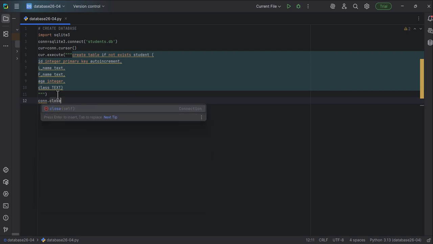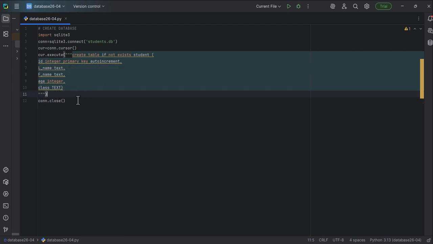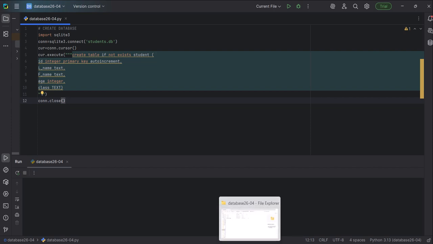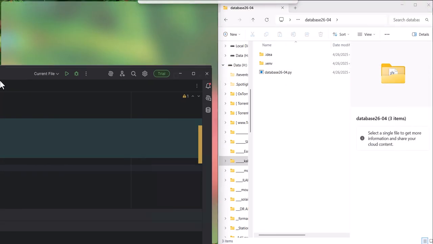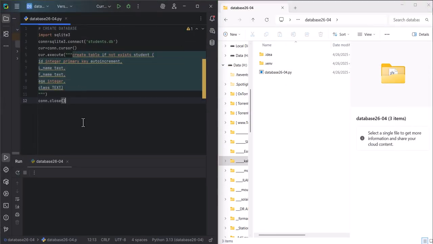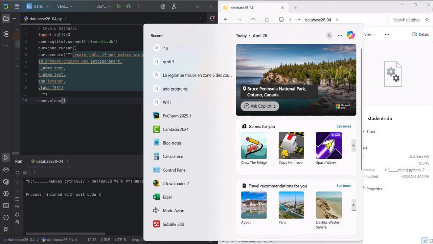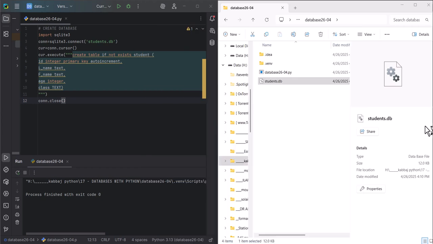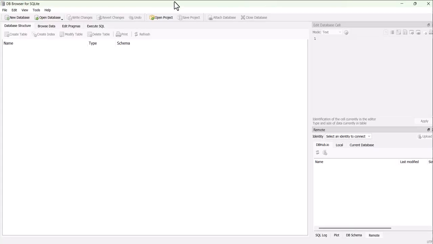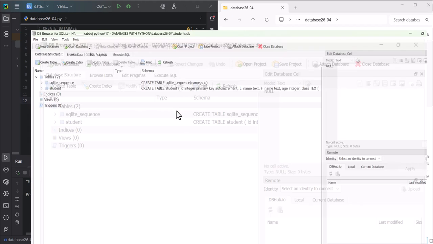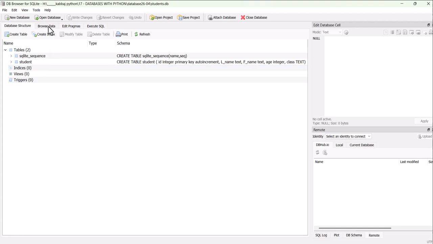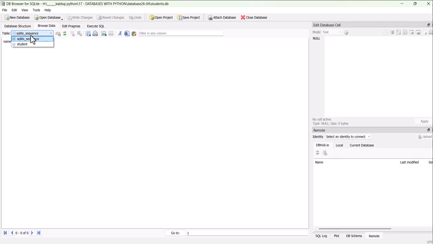We will go to the current folder. We see that a database has been created, and thanks to this free software, DB Browser, we will read the table that was created with the ID, last name, first name, age, and class. The software is free and downloadable on Google. Now we will